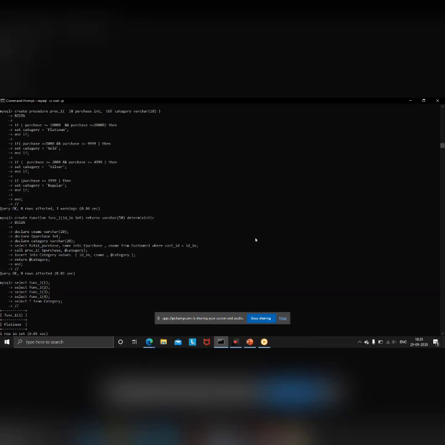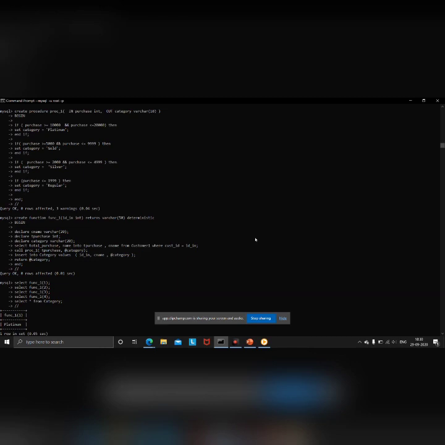The problem statement for the seventh assignment is that we have to create a stored procedure, namely proc grade, for the categorization of customers. If the purchase by a customer in a year is less than or equal to 20,000 and greater than or equal to 10,000, then the customer will be placed in the platinum category. If the purchase by the customer is between 9,999 and 5,000, the category will be gold. And if the purchase price is between 4,999 and 2,000, then the customer will be placed in the silver category.